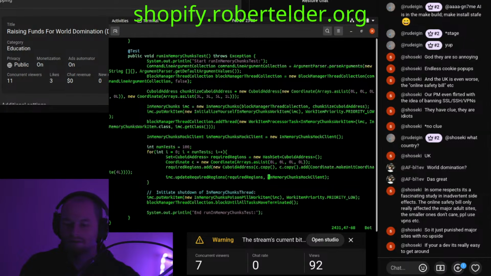And then I'll have a method that randomly moves some of the loaded chunks through the sequence of being pending, to loaded, and then to unloaded.